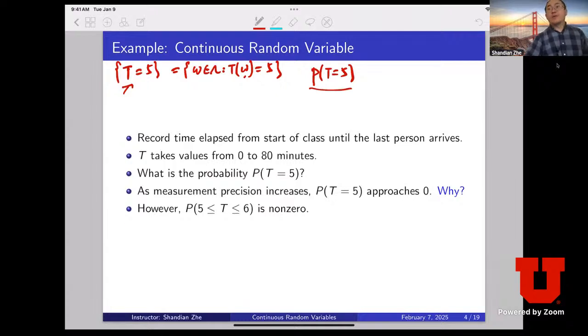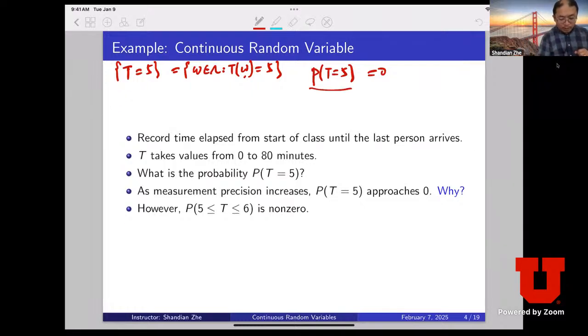Yeah, it becomes 0, right? Why does it become 0? Because your sample space now becomes infinitely large. There are too many elements. So if you want to recall how we arrive at this conclusion,